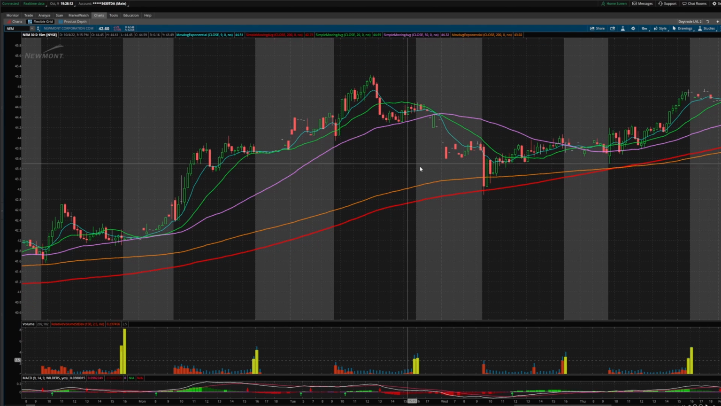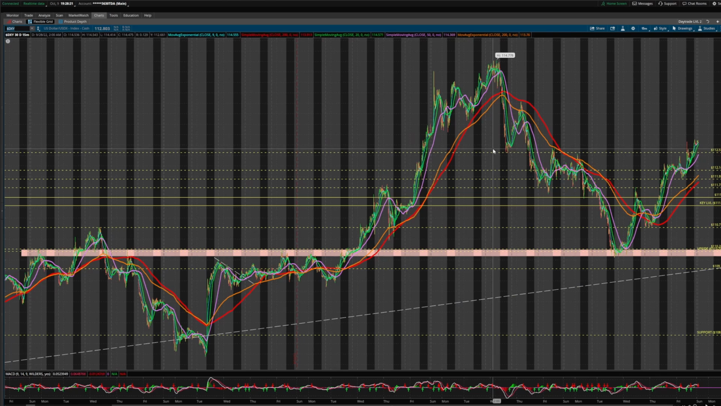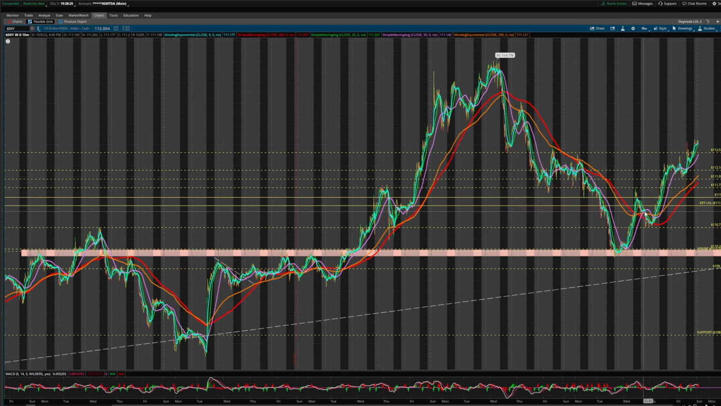Who called this one? Me. That was me. Here was my logic with NEM. So the entire reasoning for wanting to take NEM higher was